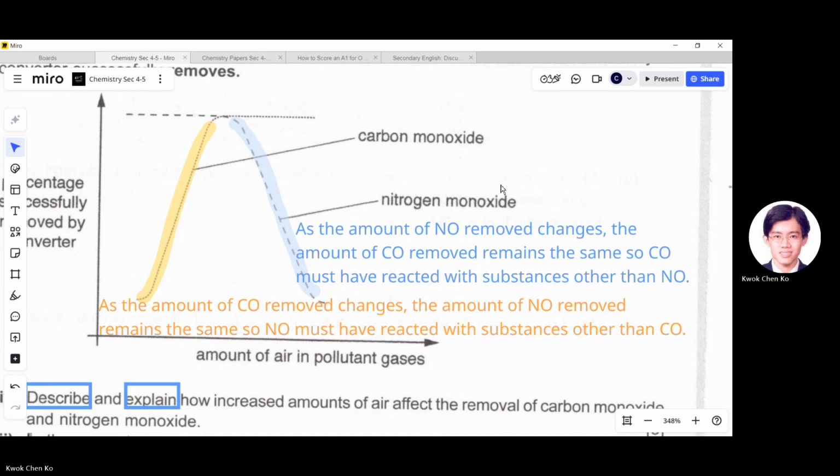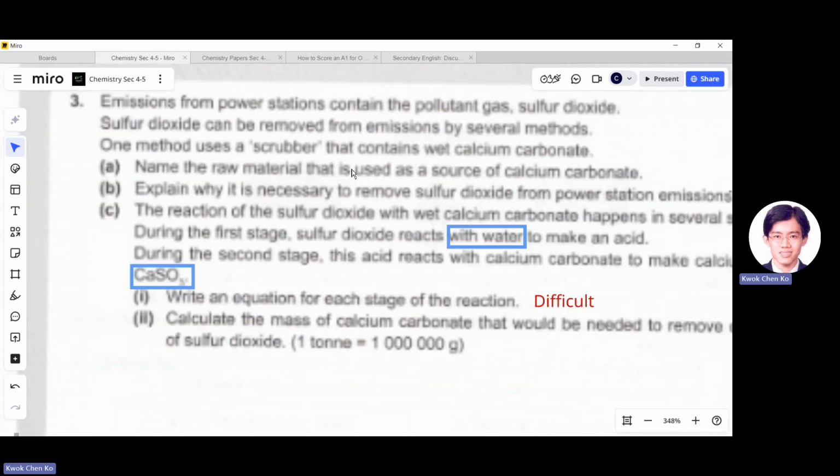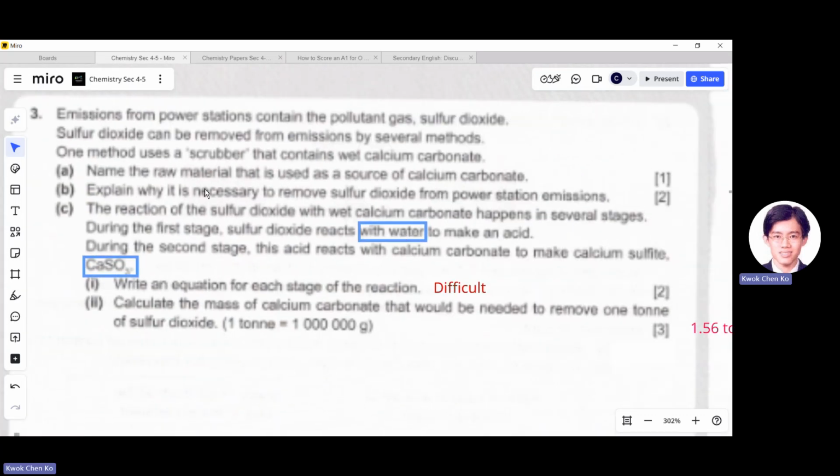Questions, anyone? No? Sabrina, okay. Right, just look at the last one, which involves calculation. Come, Sabrina, raw material. Yeah, limestone. I think you should get it. I'm not going to write it out. Part